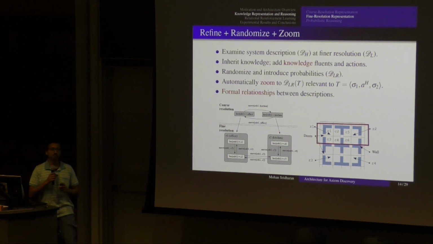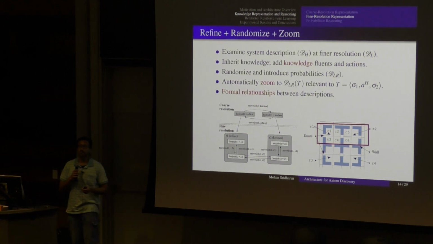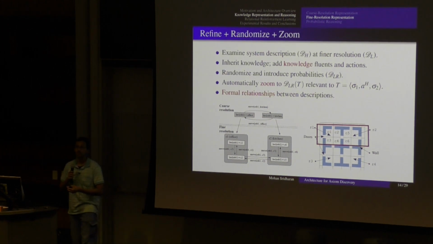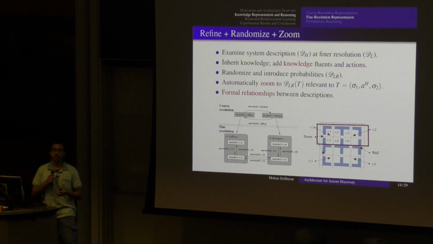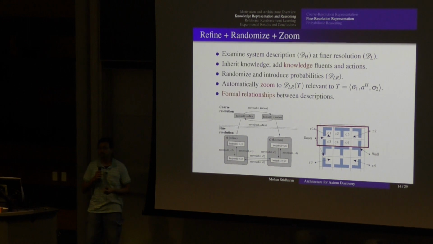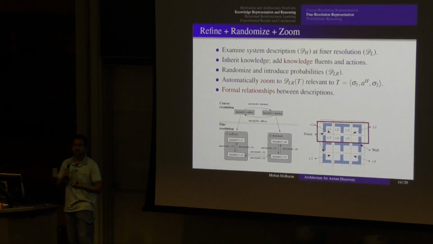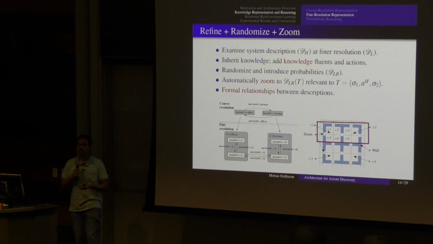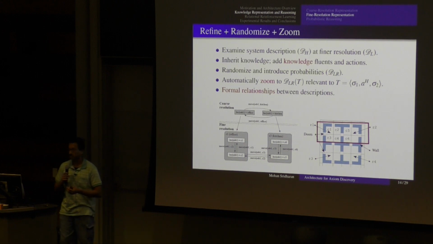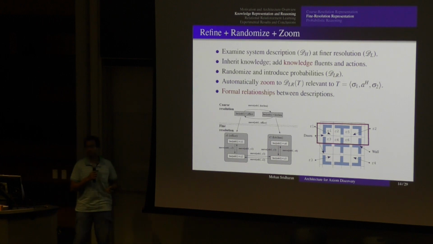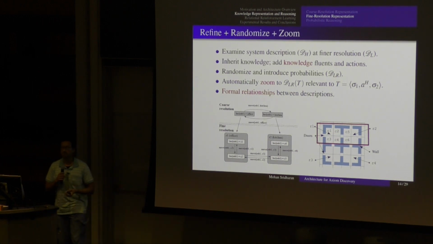Right? But another thing we have not done is account for any of the non-determinism. We have not accounted for any of the uncertainty so far, and this is the place we do it. We get the fine resolution transition diagram and now say, hey, causal laws can be non-deterministic. Actions can have unintended effects as well, and if we know what they could be, we model them. And we also introduce probabilities if we have that information. And just to make a point here, these probabilities are learned. So learning and planning are all happening together. But let us say we have come to that D subscript LR, which is your randomized, with your probabilities and fine resolution transition diagram.